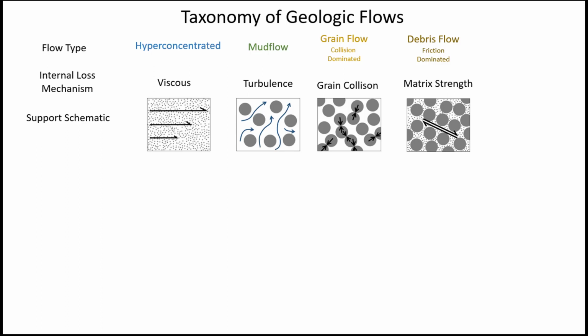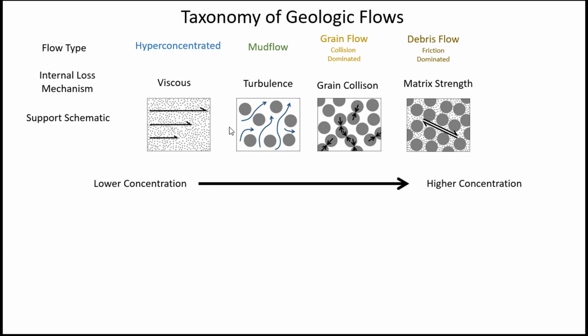All right, so the basic idea here is that you go from low concentration to high concentration. As you get higher concentration, you move from hyperconcentrated to mud flow to grain flow to debris flow or geotechnical. The problem is that this is not monoaxial. And so the issue is you can't just go in and say, okay, this is